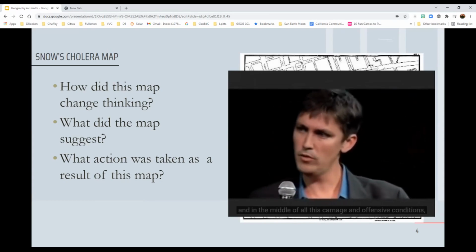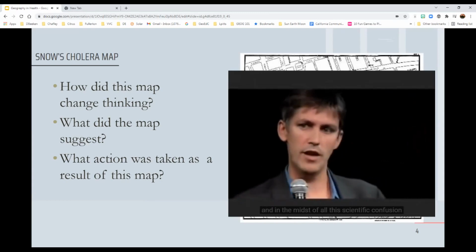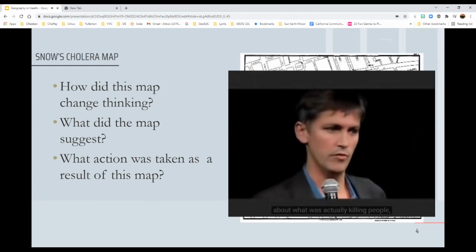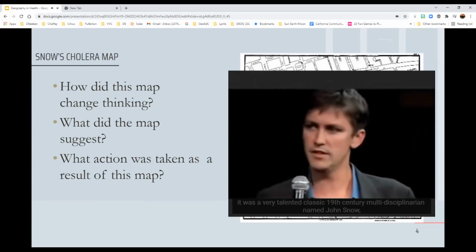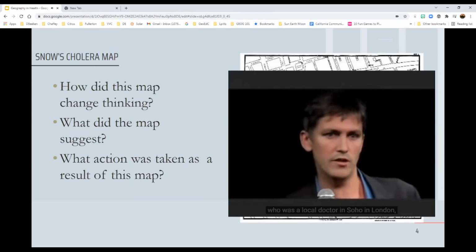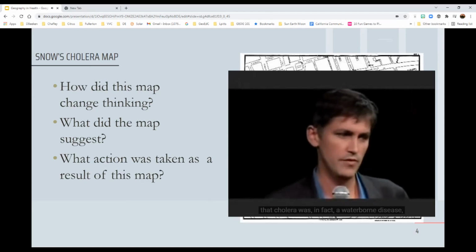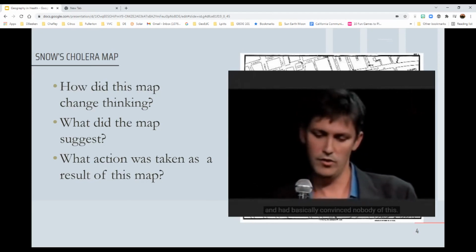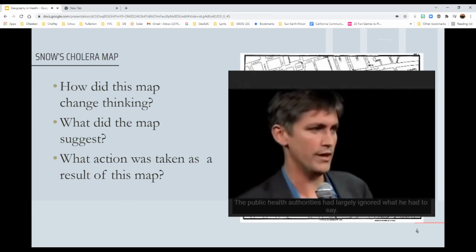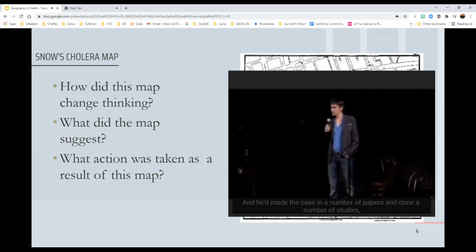And in the middle of all this carnage and offensive conditions, and in the midst of all this scientific confusion about what was actually killing people, there was a very talented, classic 19th century multidisciplinarian named John Snow, who was a local doctor in Soho in London, who had been arguing for about 4 or 5 years that cholera was in fact a waterborne disease, and had basically convinced nobody of this. The public health authorities had largely ignored what he had to say. And he'd made the case in a number of papers and done a number of studies, but nothing had really